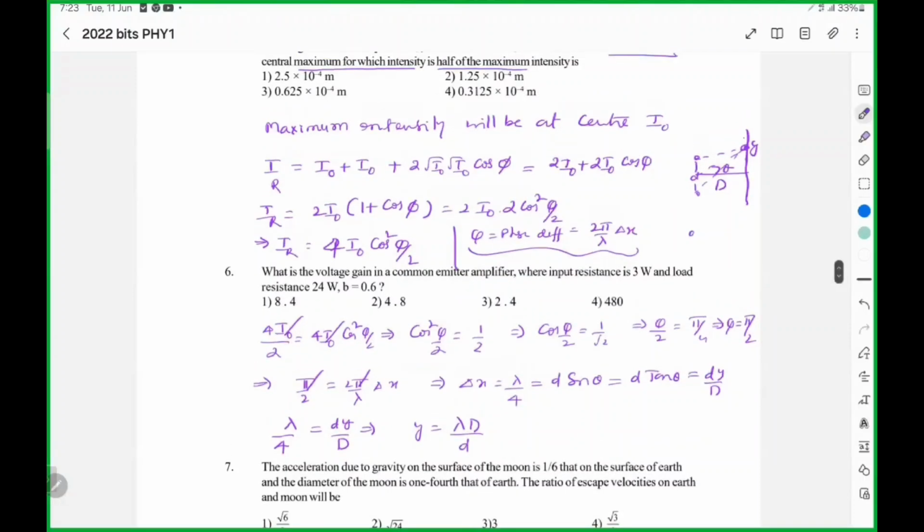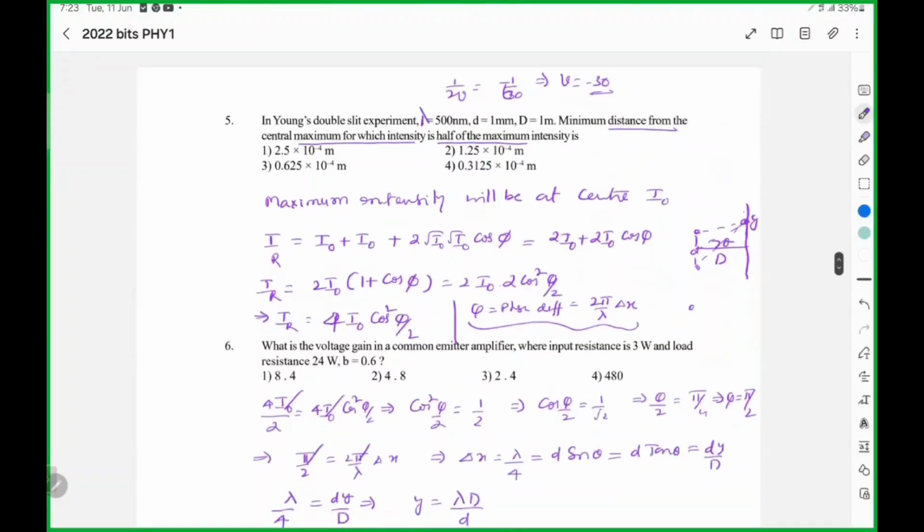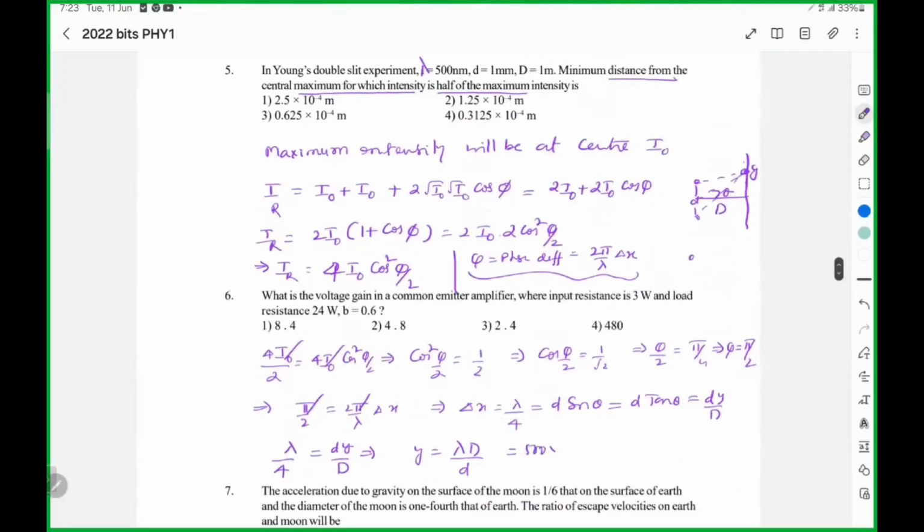So here lambda is 500 nanometers. Capital D is 1 meter. Small d is 1 mm. Here y will be 4d, 4 times, 125 into 10 power minus 6 meters. So option 1.25 into